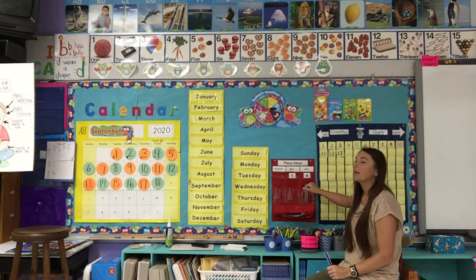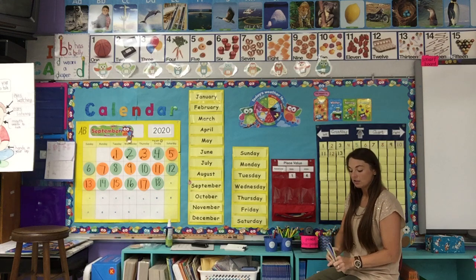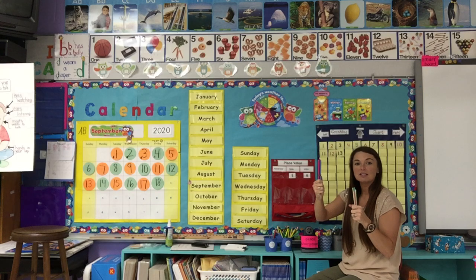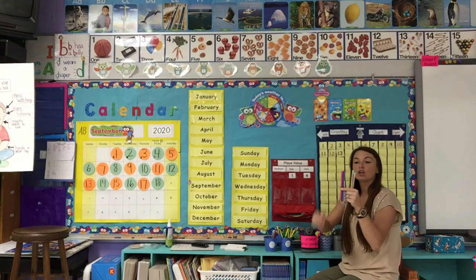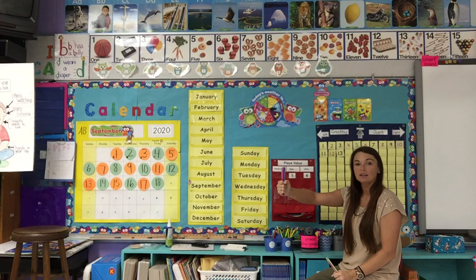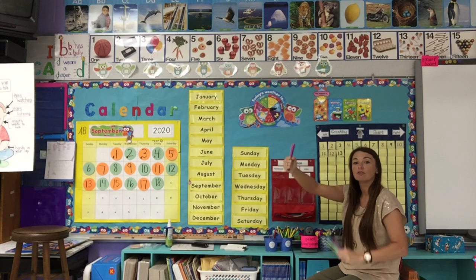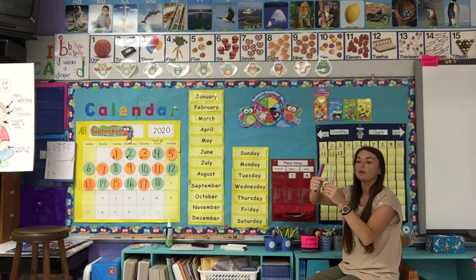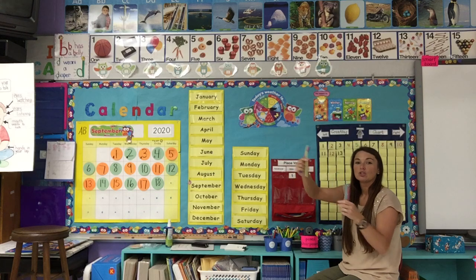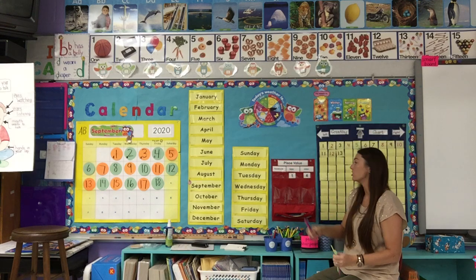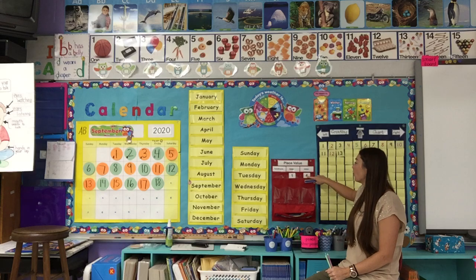Very good. If I'm counting all of my straws, which we're about to do, then I am going to count the largest place first. That's my tens place. And as I pass that group, I'm going to count 10. That's how many straws are in that group. Then I have all these individual straws that are by themselves. So I'm going to start counting from 10 and count by 1. So I would have 11, 12, 13, 14. So all together I have 14 straws. There's one group of 10, 4 in the ones place.